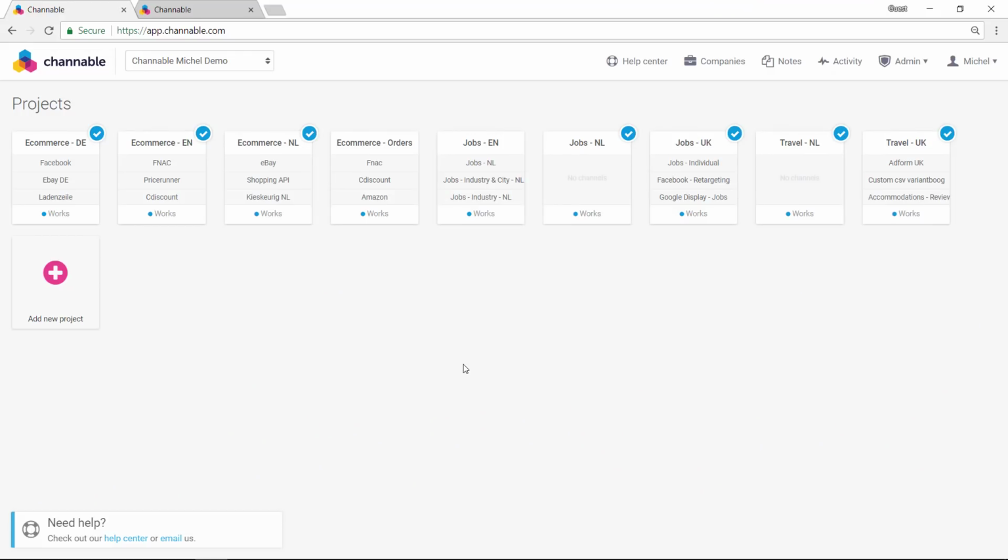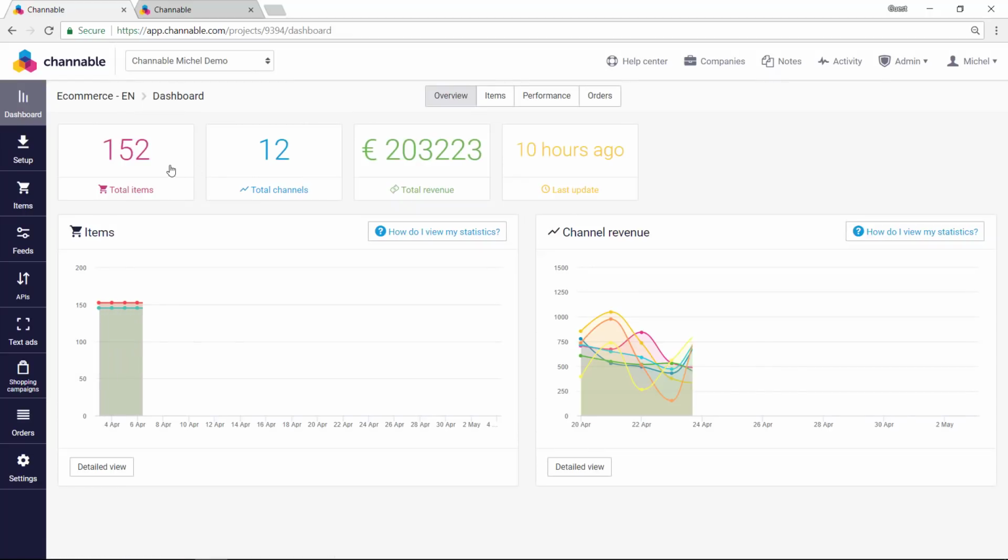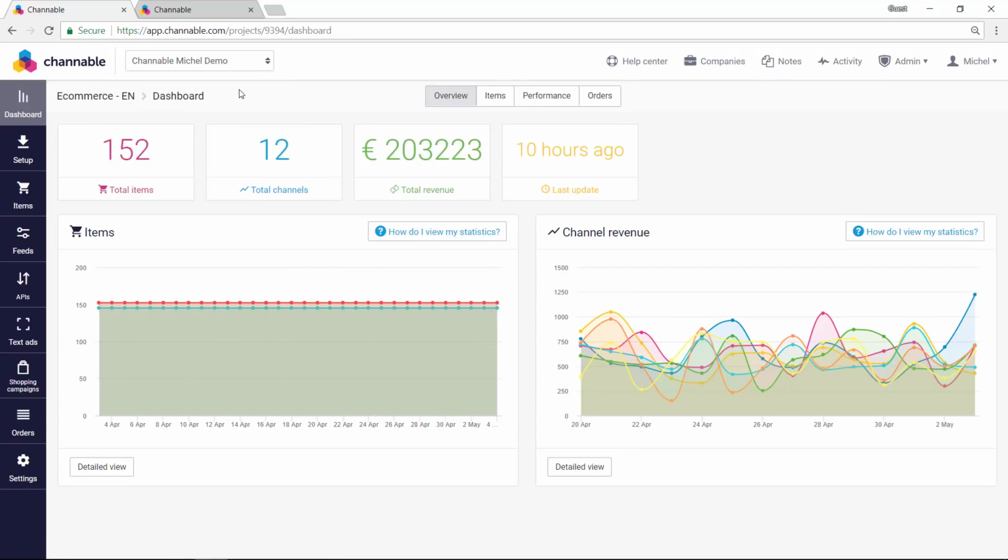I assume that everybody is already familiar with our tool. But I'll quickly walk through all the projects step by step, and then I'll discuss the text ads. So what you see over here is an overview of all the projects, and I'll just take the e-commerce EN as an example. It's a web shop about kids fashion. Maybe some of you are already familiar with them because we use them for a lot of our presentations and webinars. If I open the project, then you'll directly get to the dashboard, and the dashboard just shows you